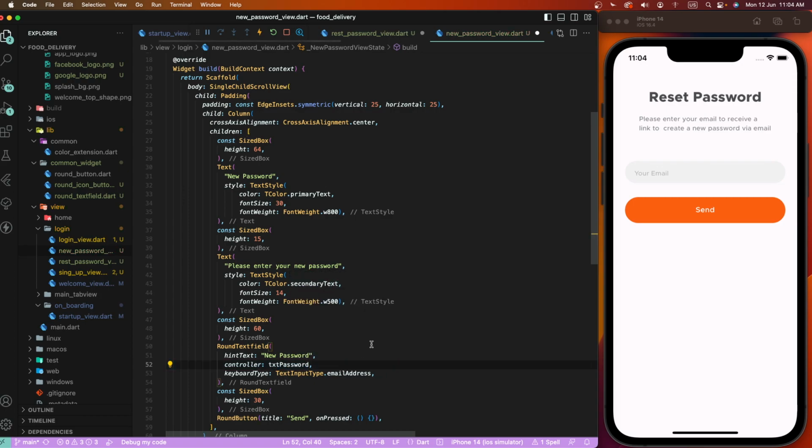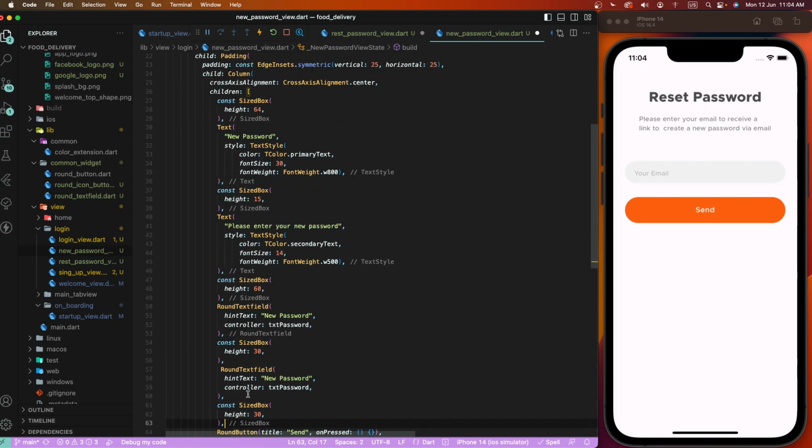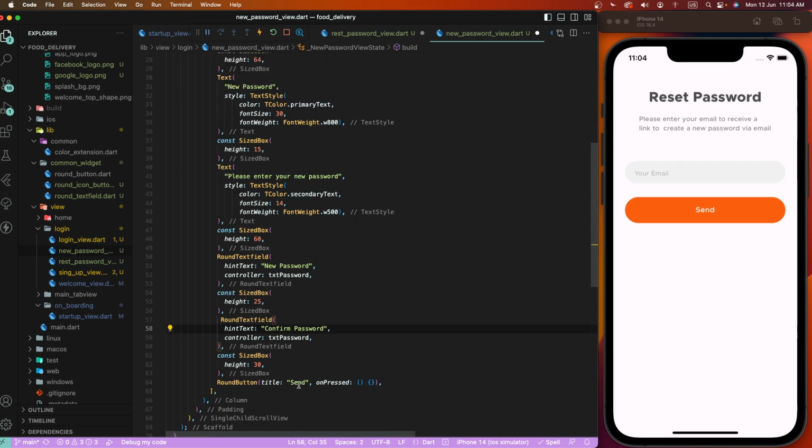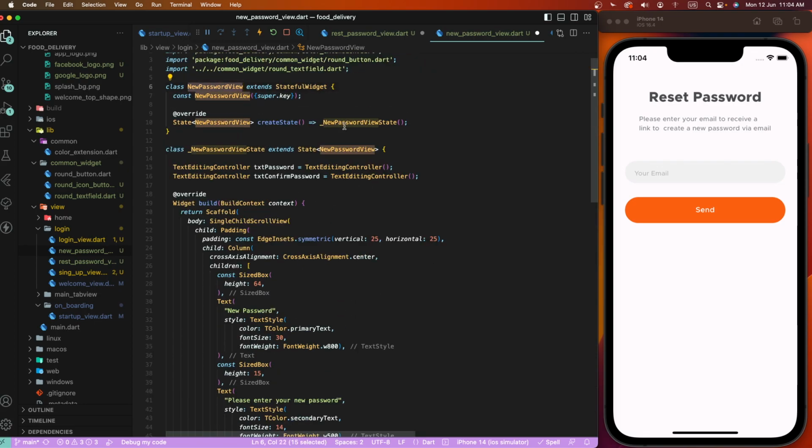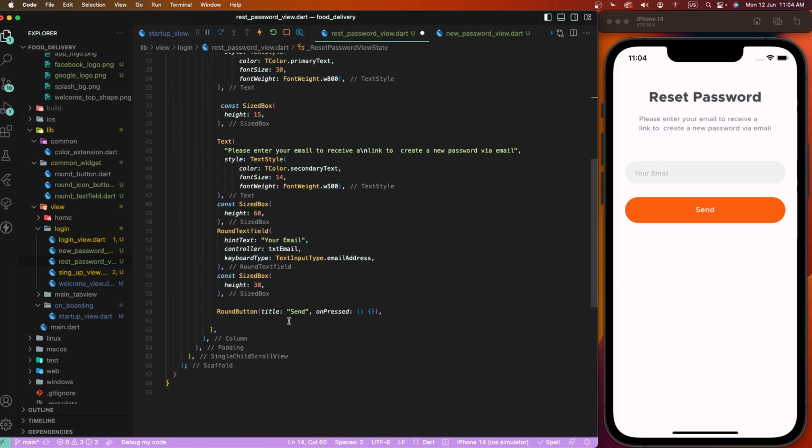Get the password, and we need to add the confirm password right here. Here, and we need to configure the new password screen first of all, and write down here